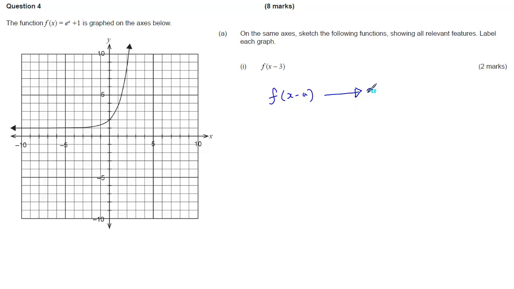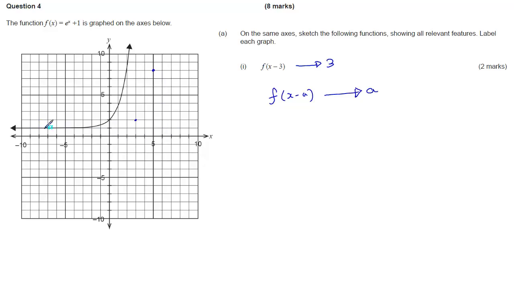translation of a units to the right. So this one here is going to be 3 units to the right. That means that this intercept here will happen at 3, 2. Now let's see if there's any other easy points we can pick off. This one here is going to be 3 to the right, but we know it's going to end up with